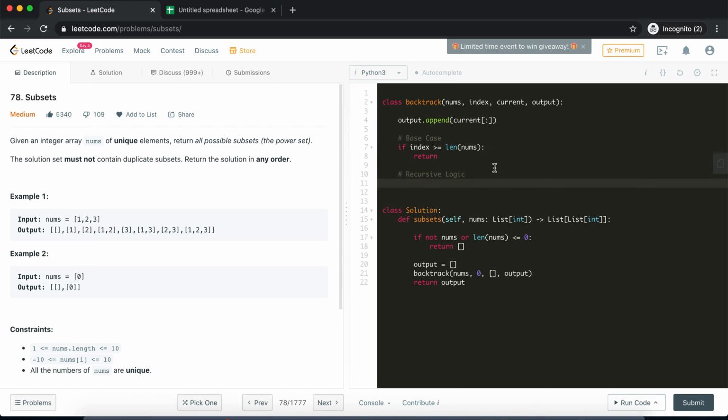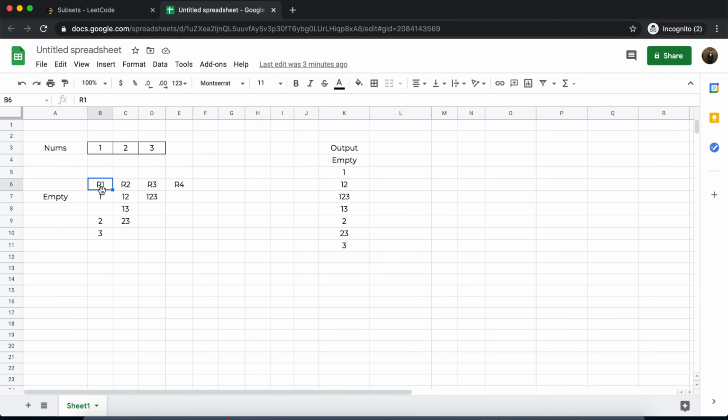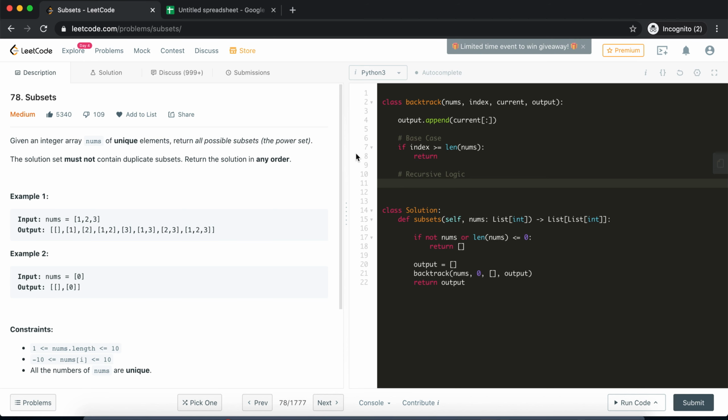And for the recursive logic, as I mentioned in the explanation, every recursive function will loop over all the elements that are available to that particular function, and it will add it to the current permutation. So here we'll iterate through the numbers array, starting from the index that has been given to us and till the end of the array.